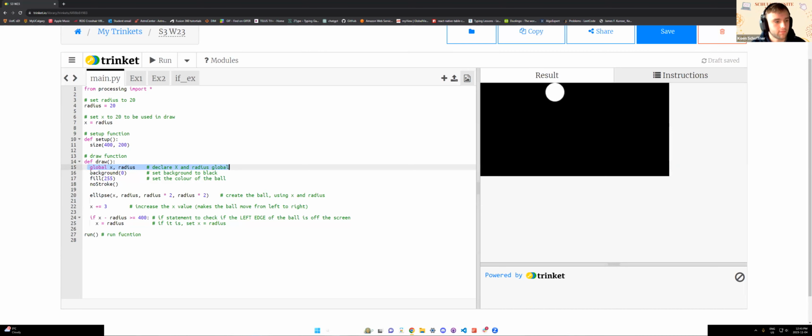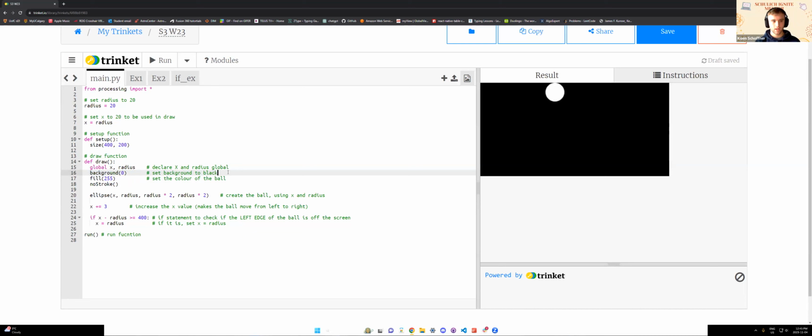And then, very importantly, at the beginning of each draw function, every time we call draw and it loops, we want to set the background in our code. This is going to disguise any previous balls beforehand. I think it was last week we went over this.